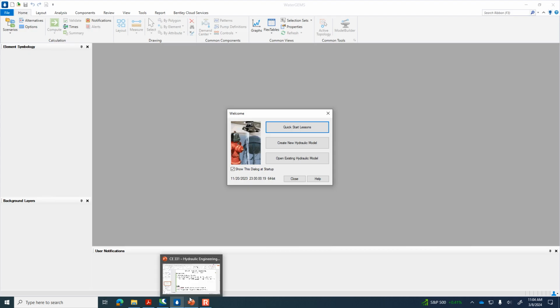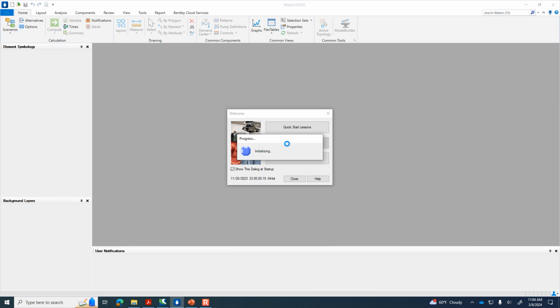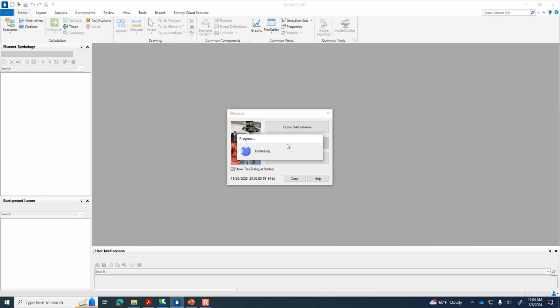So here's WaterGEMS, and there are 2 things that I've encouraged you to check every time you start up WaterGEMS. The first being that the units are set to SI, the other being that the friction method is set to Darcy-Weisbach. And so to do that, if we just start a new hydraulic model, then